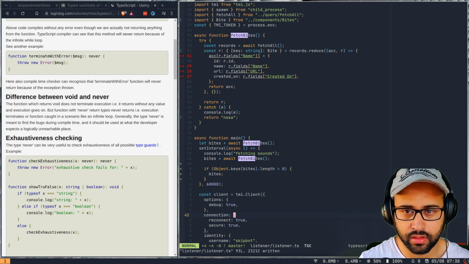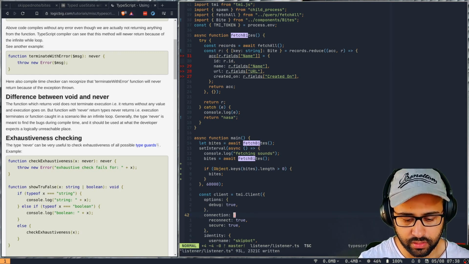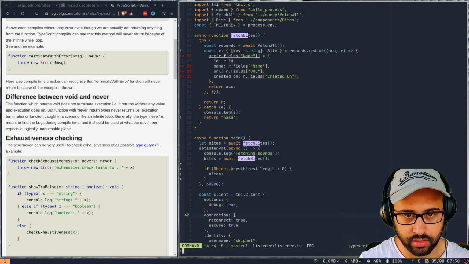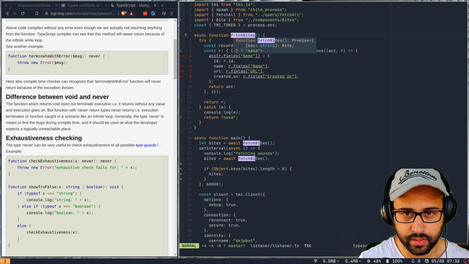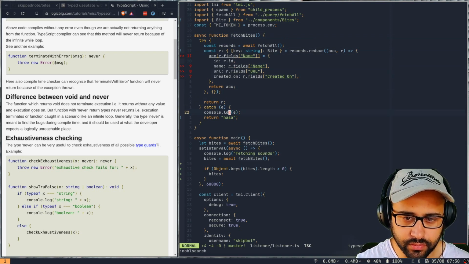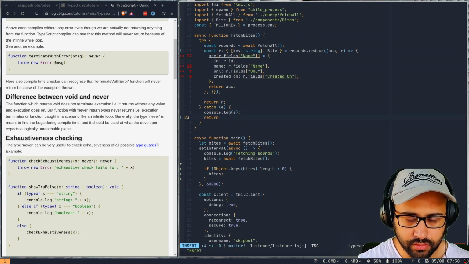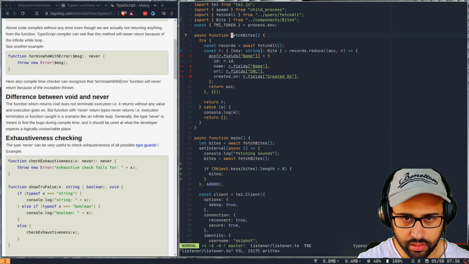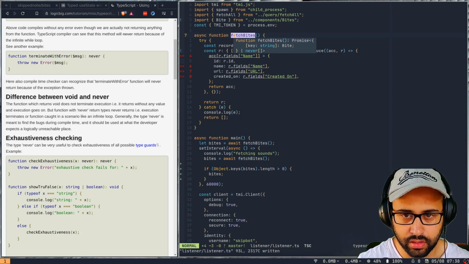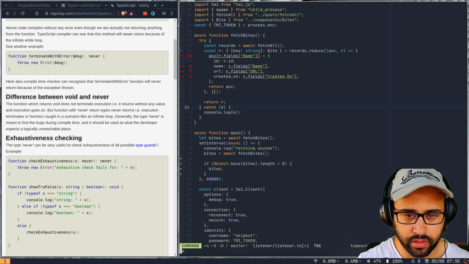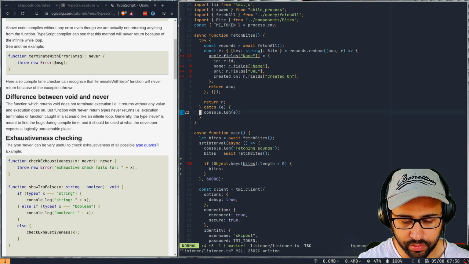Save on line 35. Yeah, so it's coming from here. But why does it have to be never? That is something I'm confused about. So what if I don't return anything and then go up here? It would be undefined, right?